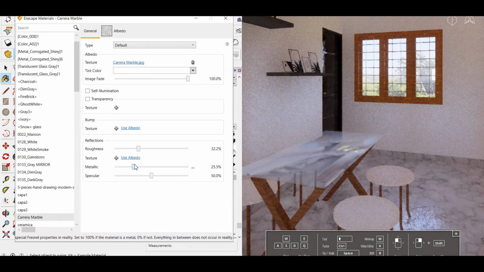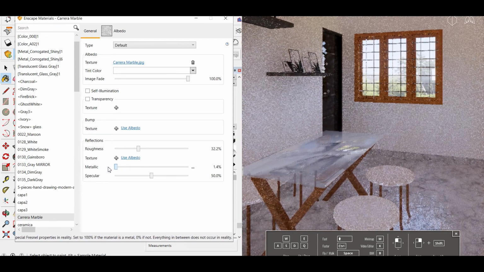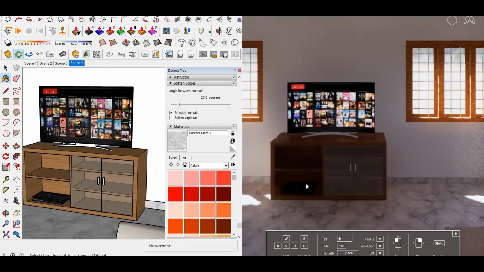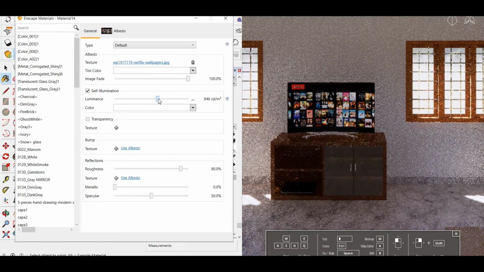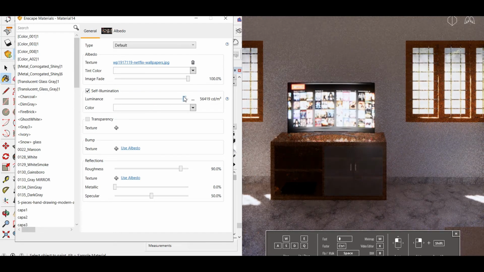If you want more reflective granite, you can use a little metallic. You need to play with this. If you want realistic things, you need to play a little with things. You can get some good effect, good result also. You can adjust this kind of effects, TV effect.